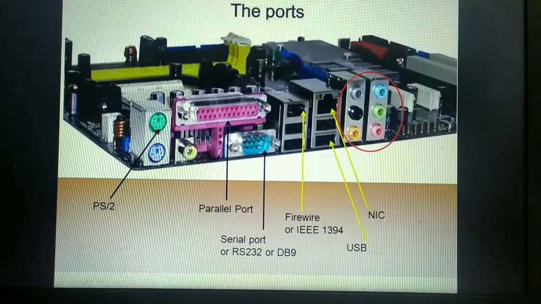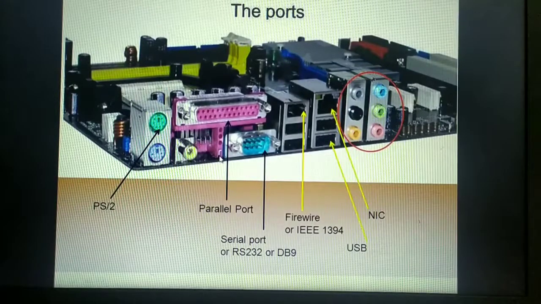See here, this is your motherboard. Usually at the back end of your computer system, we are able to see different kinds of ports. Now let us see what exactly these ports are. A port is a socket on your computer system which is used to connect external devices to the computer. The port definition is very important. This was asked in the previous annual exam as a 1 mark question: define port. A port is a socket on the computer system that is used to connect external devices.